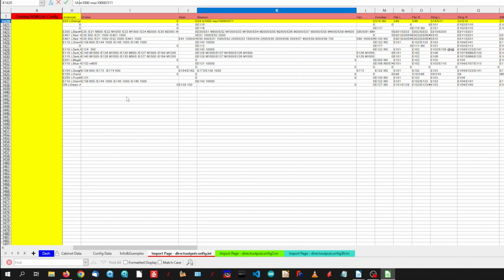Now what we want to do is, because the first switch has the information of M1000, which is turn on the beacon for a minimum of 1 second, and max 10,000, which means make it run for a maximum of 10 seconds. We want to enter in that the beacon, which is, as we can see here, a red output, we want to enter in before the M1000